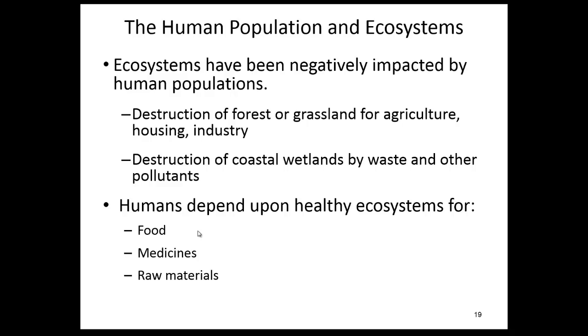So it really requires us to be diligent in how we impact our ecosystem if we're going to be able to get the things that we need from the earth. Again, food, certain medicines that can be derived from plants, and raw materials, such as water, is a big one that we need to survive. So we need to keep our waters as clean as possible because it becomes very expensive when we have to add extra cleaning processes and filtering processes to maintain a healthy water supply and amount of water.